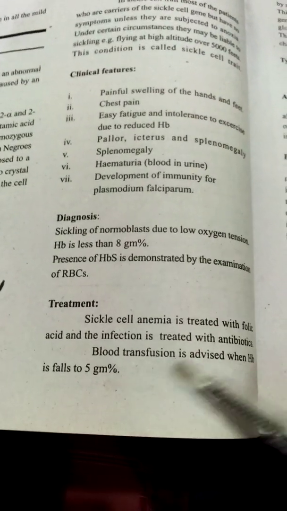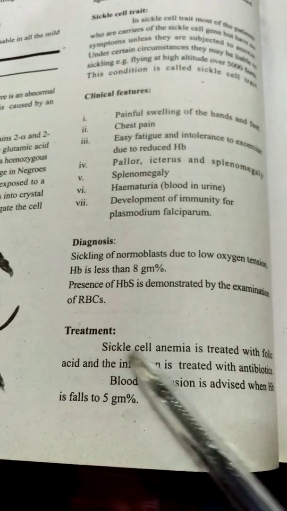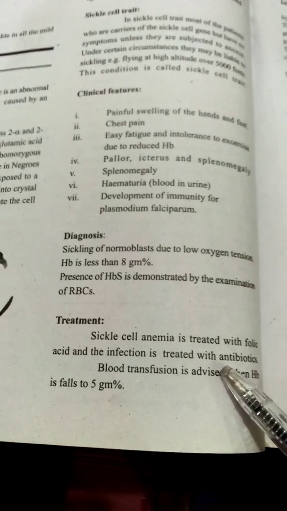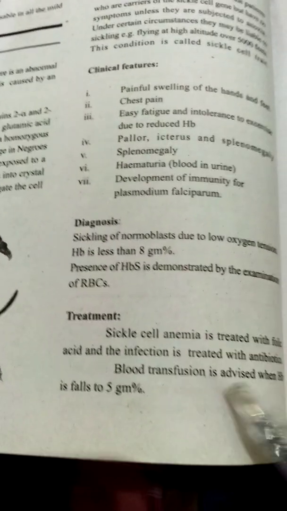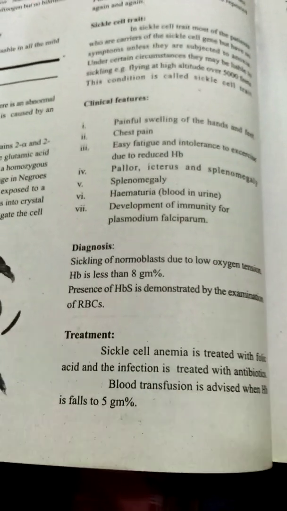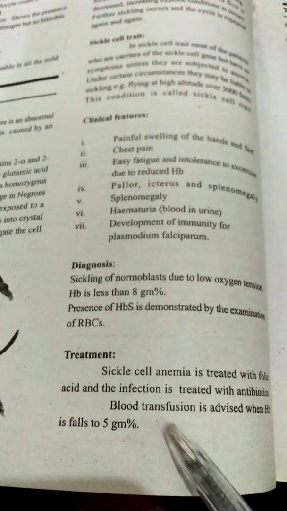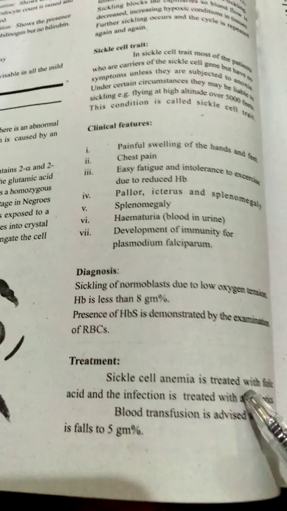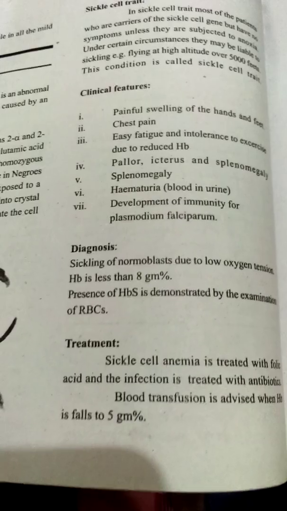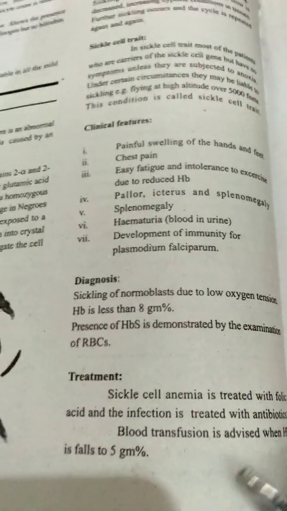Now come to the treatment. How do they treat sickle cell anemia, and how can we treat it? Sickle cell anemia is treated with folic acid, and infection is treated with antibiotics. When there is an infection during the sickle cell anemia disorder, it is treated with proper antibiotics, which help in curing. The folic acid helps in the production of RBCs and hemoglobin,